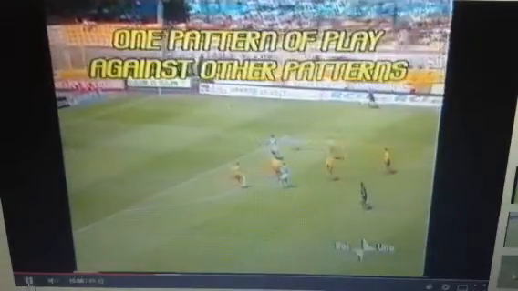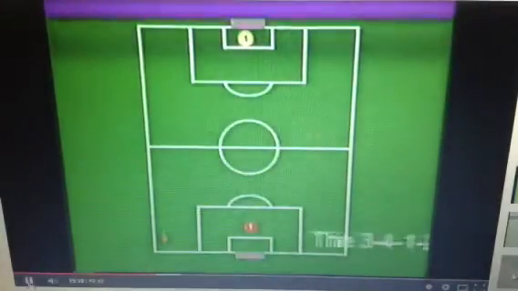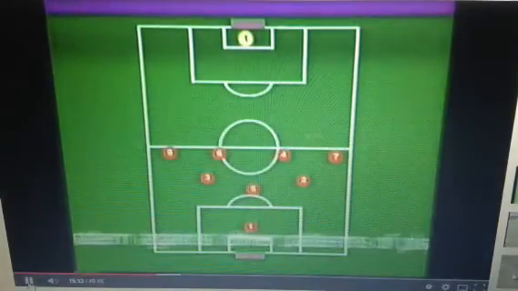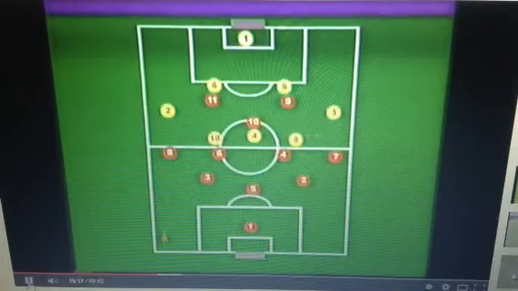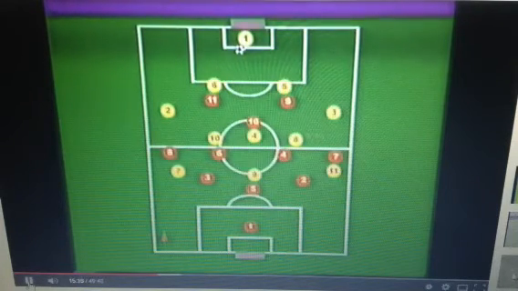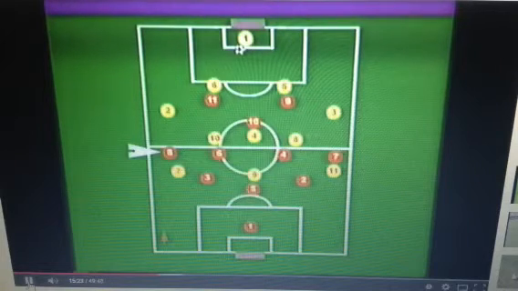One pattern of play against other patterns. The 3-4-1-2 pattern against other patterns of play. The 3-4-1-2 against the 4-3-3. To apply pressure in the opponent's defensive third of the field, it is not correct for the